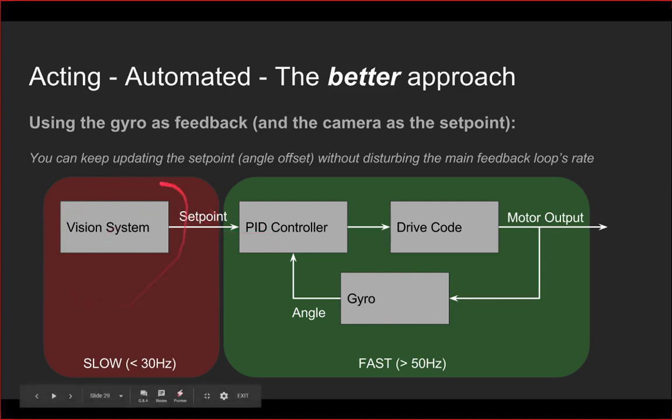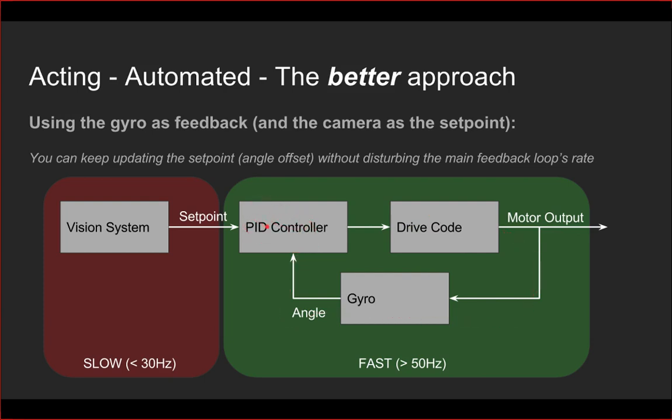So that runs in its own little loop. It keeps updating the PID controller so it can refine its guess over time, so it's a little bit more accurate. So when your motors have stopped, the camera might say, oh, we're still 1 degree, 0.5 of a degree off. Try to align a little bit better, and it'll try to correct for itself. That goes back into the drive code, into the motor outputs, and the feedback for the PID controller, so the